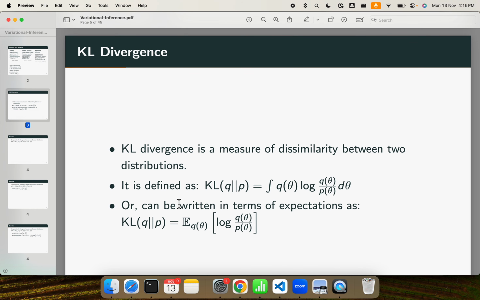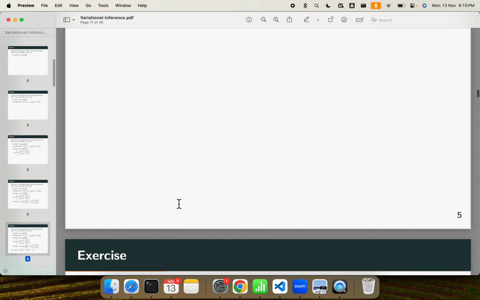So eventually we need to find out the expectation of the logarithm of q of theta by p of theta. Where theta is? Theta is the parameter for the distribution. Right, no, where theta is distributed as per the Q distribution. Right, so we want to compute this quantity. We cannot compute this in the closed form, therefore we'll have to use some other method. We can sample and then average. We can use Monte Carlo sampling, right? So all we're saying is that